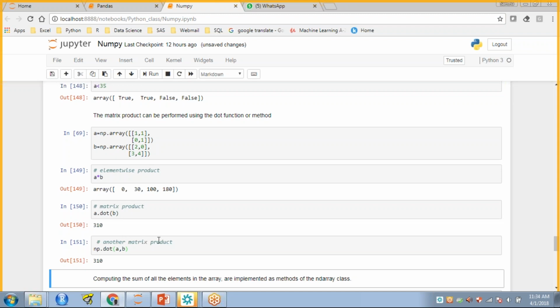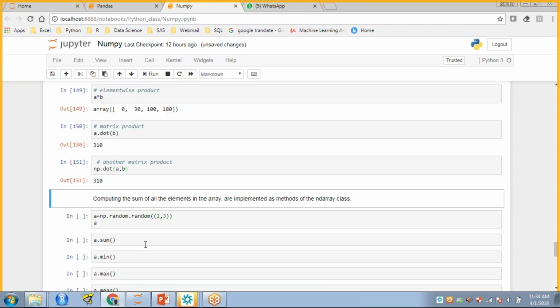When you are writing the same thing in another format, you can use np dot, so give the value, so it will create. Or else you can create a function, which I explained in the previous session, that df, whatever function you want to create and the result, so you can use those things also to do this kind of thing. So in this,